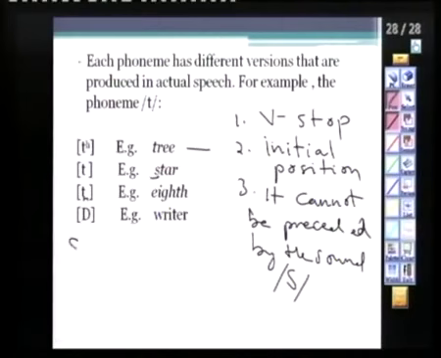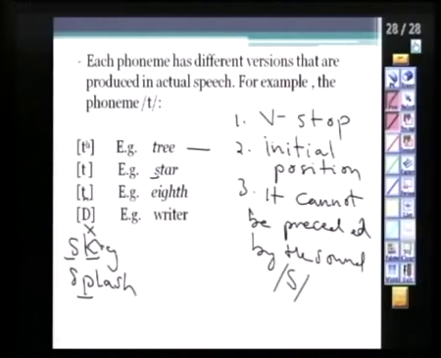Okay, let's look at these examples. Let's say, for example, a word just like sky. Do I aspirate the /k/ in here? No. Why? I just said that. It's preceded by the sound /s/. Okay, a word just like splash. Do I aspirate the /p/ in here? No. Why? Because it's preceded by the sound /s/. You know what preceded means? Yeah? You cannot have the sound /s/ before the voiceless stop. If you have it, you don't aspirate.